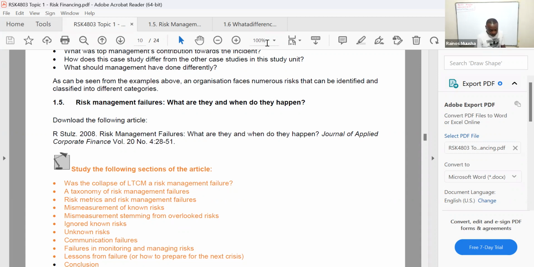So unit 1.5, they refer us to the article on risk management failures. What are they and when do they happen? And specifically for unit 1.5, they refer us to the case study of LTCM as well, right? So looking at this particular case study, although I already covered this in the previous study unit,